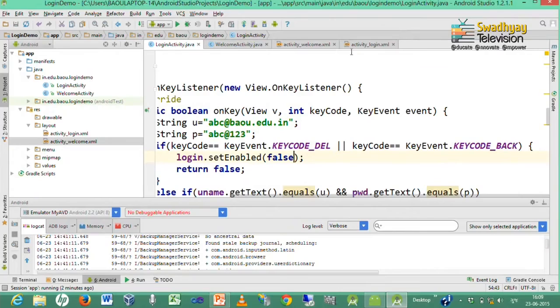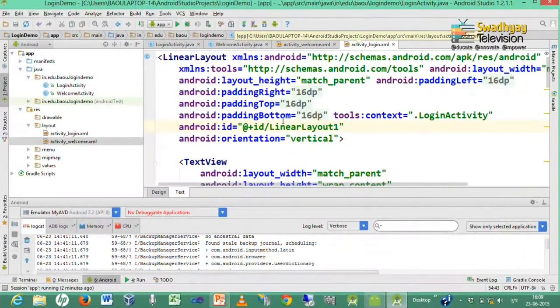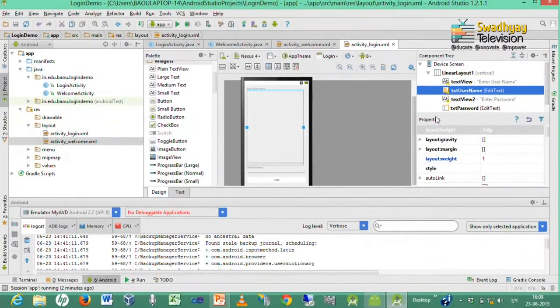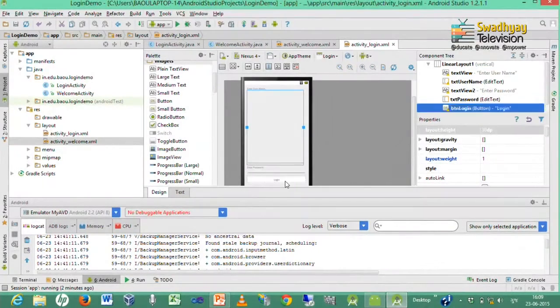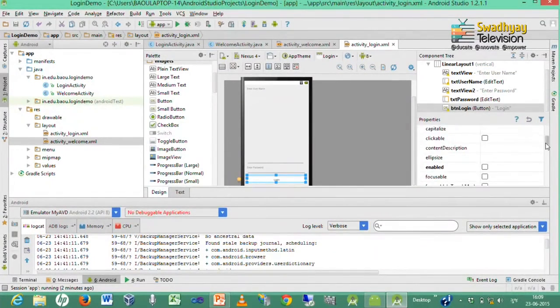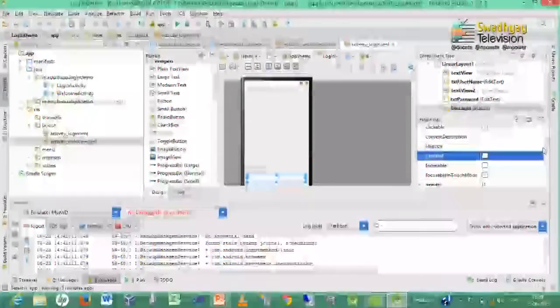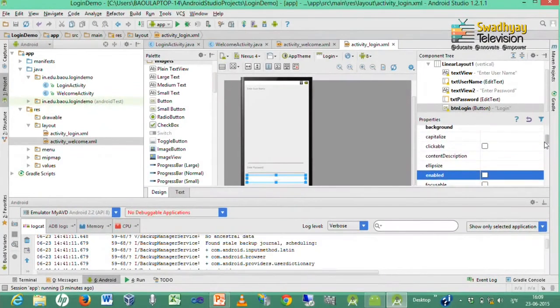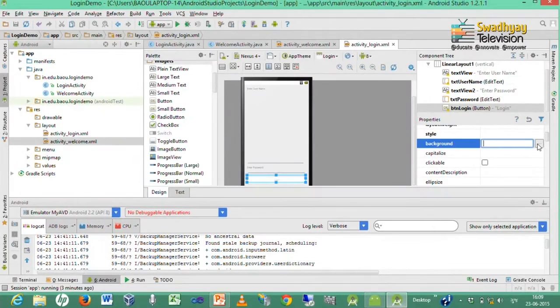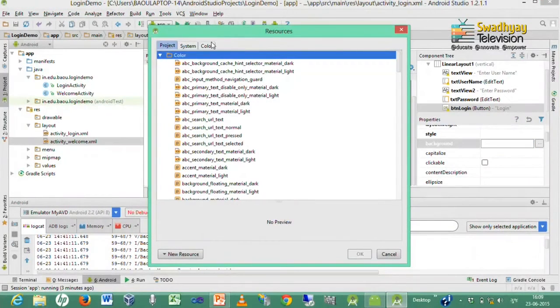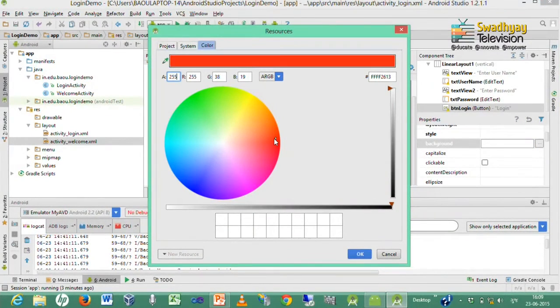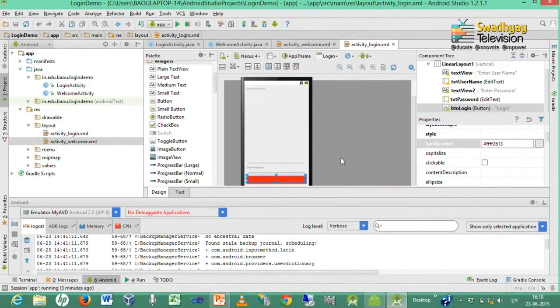So, we go to activity login and we select this button and set its enabled false. Now, we again test this, we give some background color, so we can properly see this button. And we also give some text color.